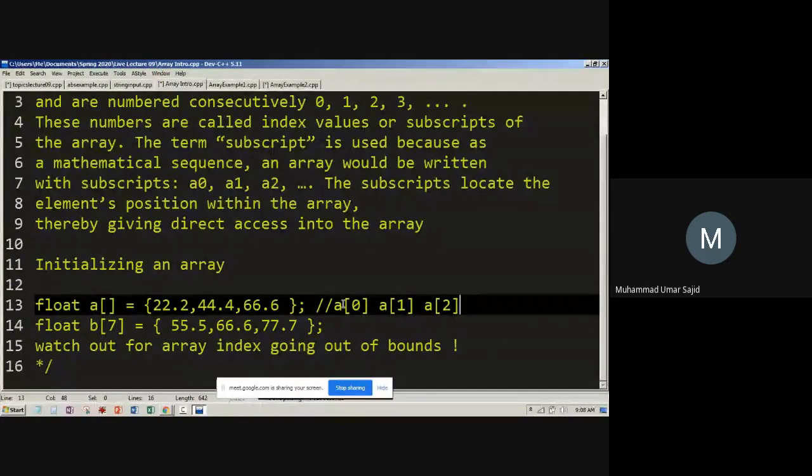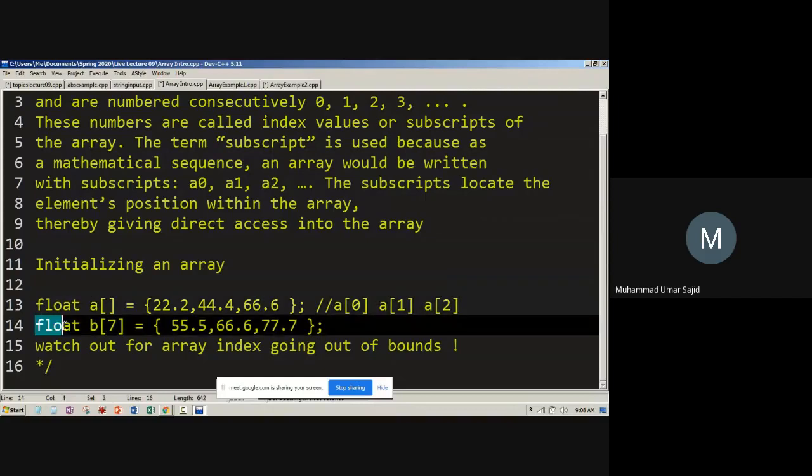So this array a can store floating point numbers, and this array b can also store floating point numbers. I could have written here as double. So that would have changed the type of this array to double, and this means that the array b would now be able to store 7 double precision floating point values. But I have